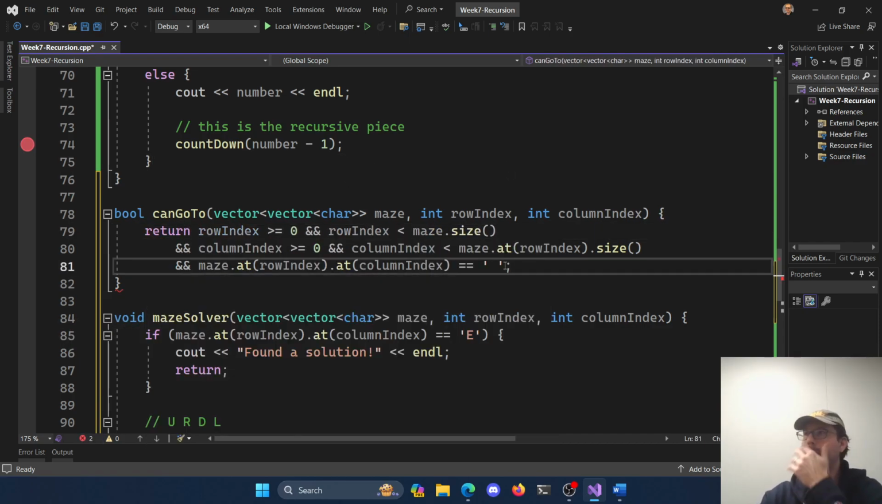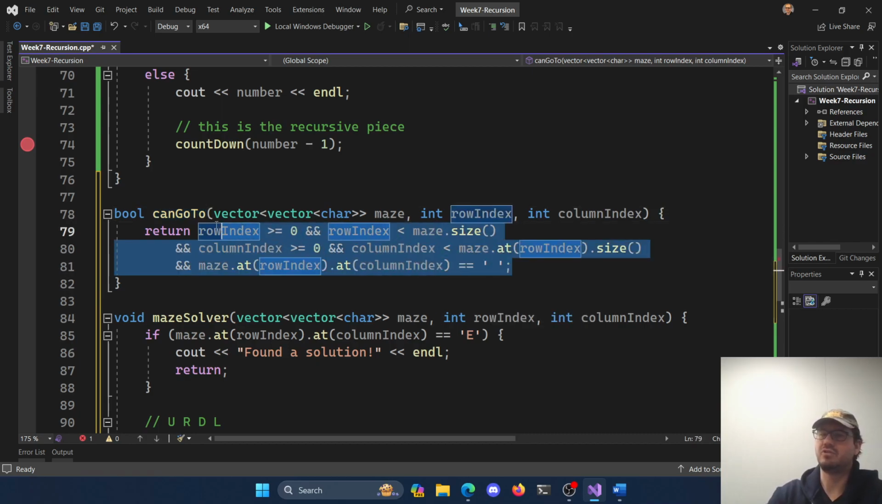It's a little big, but that's okay. Because if you say if something's true, return true, otherwise return false, you could just return the thing. Save yourself some typing. So we can make sure the row index is valid, the column index is valid, and that we're